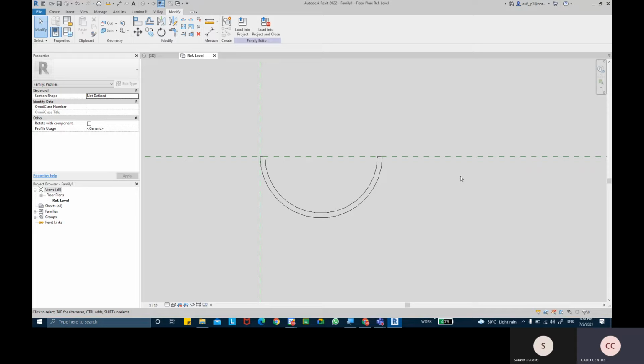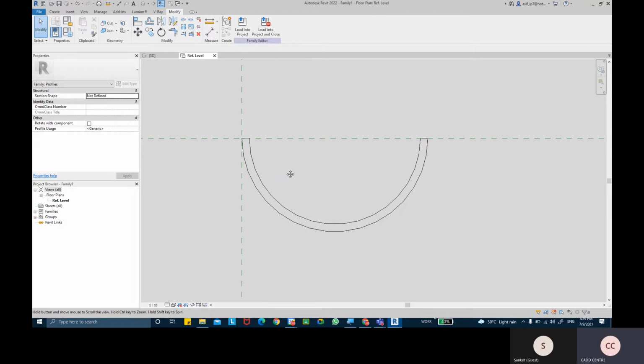So always remember that the profile should always be closed boundaries. It should not be open boundaries. And then we can save this file or this family.